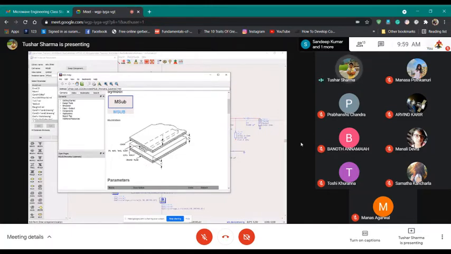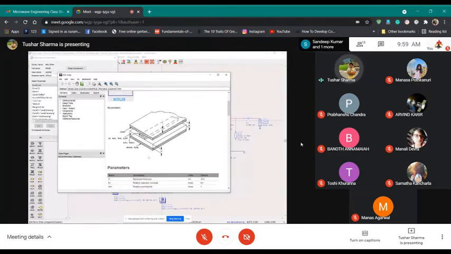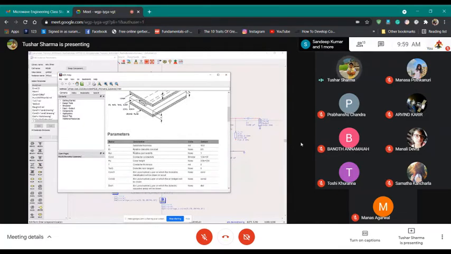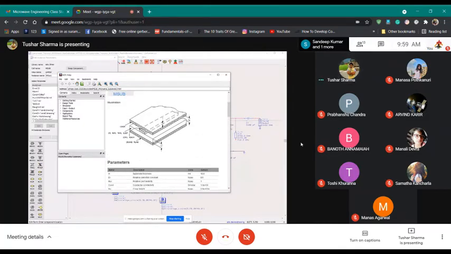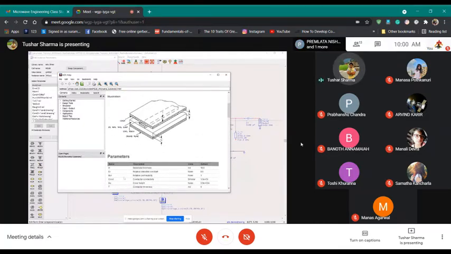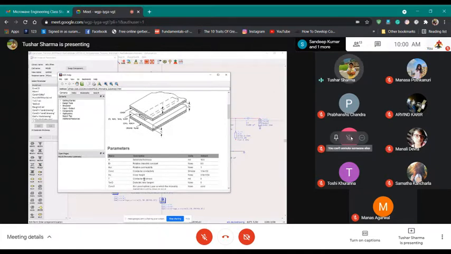Then you have your ER, μr, tan D defined for the substrate. H here is substrate thickness. ER is relative dielectric constant, μr is relative permeability, cond is conductor, in this case copper or whatever it is. HU is the total height of the cover.